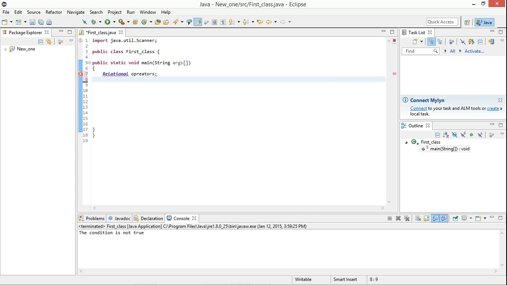There are different relational operators, that is equals, which is known as the equal to operator, then there is the exclamation sign and equal sign, which is known as the not equal operator,